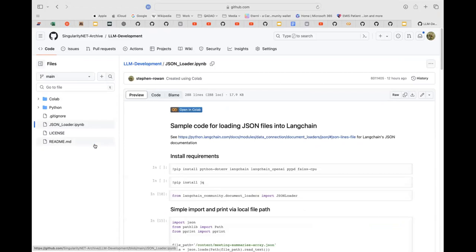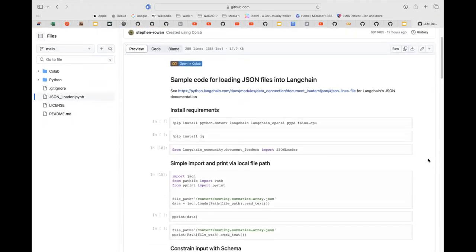JSON is a format, if anyone doesn't know, like a CSV file. It's a standard format which we will export from. Andre's kindly exporting data that we're capturing from the archives into a JSON format, into a repository. So that open sources the data. Then we'll be looking at feeding JSON files into LangChain. Now, this initial Python notebook, which could also be opened in Google Colab,